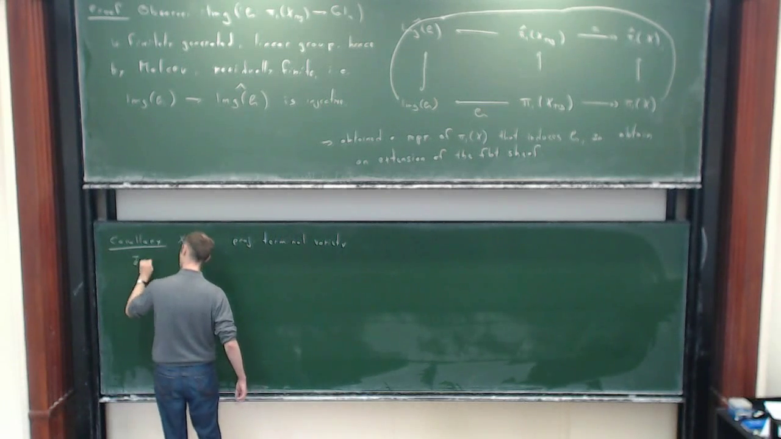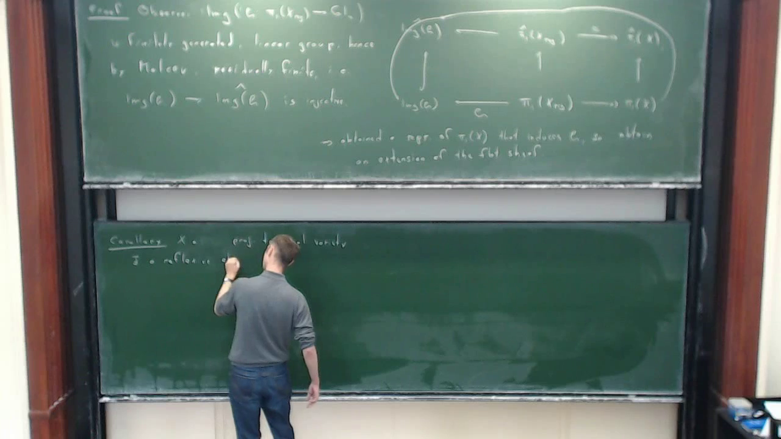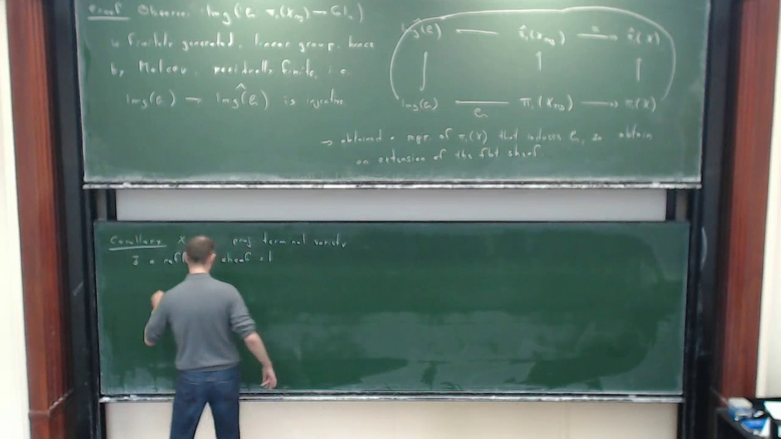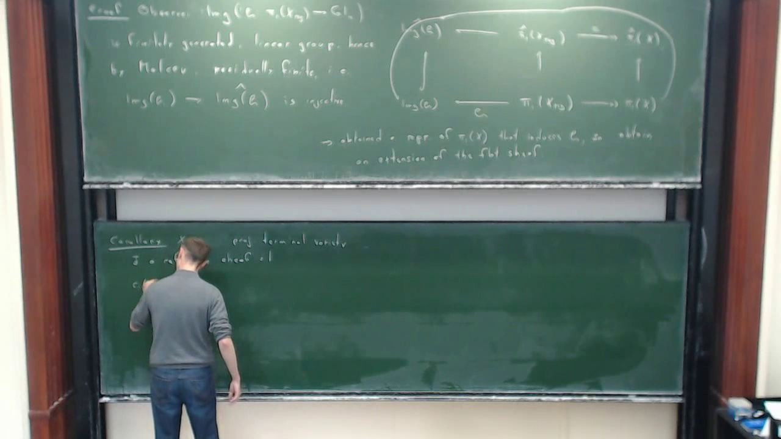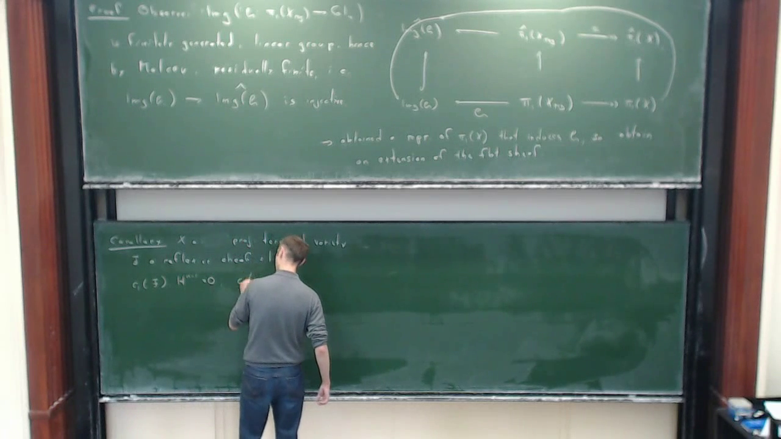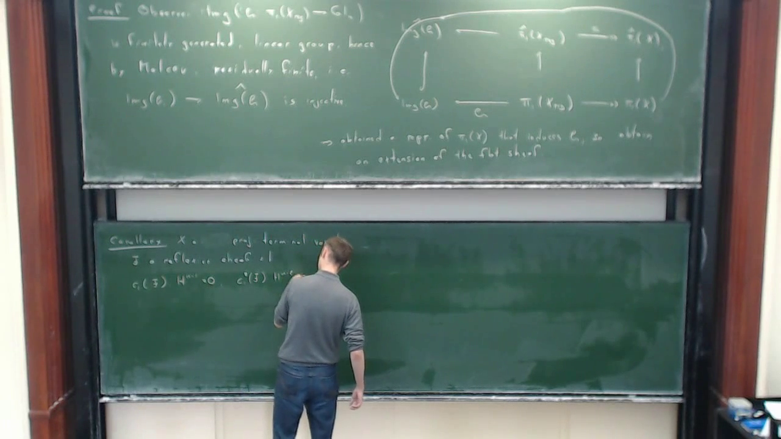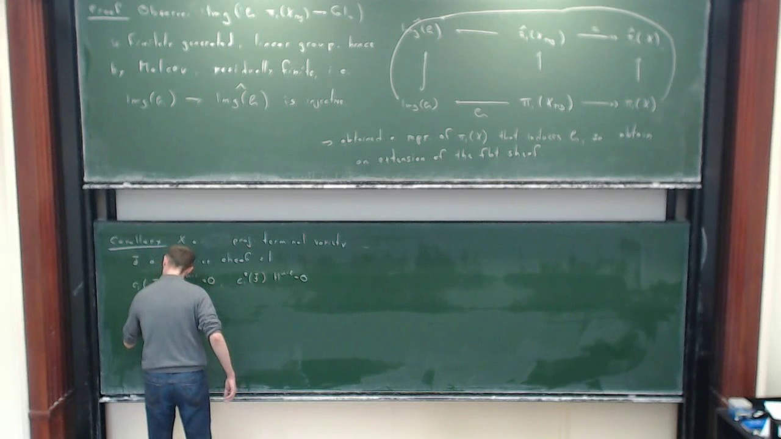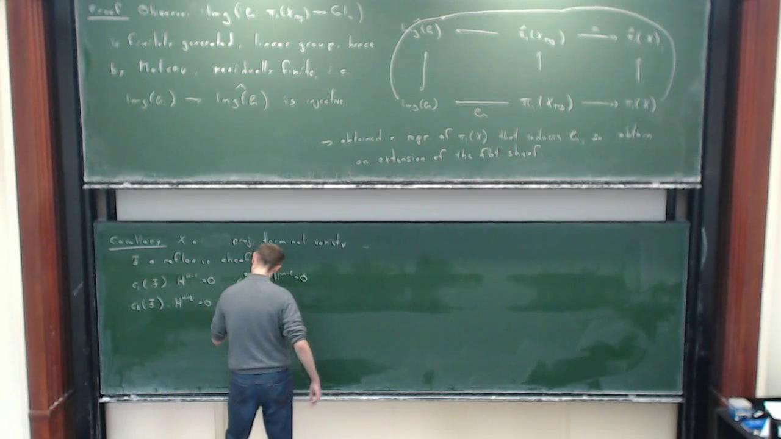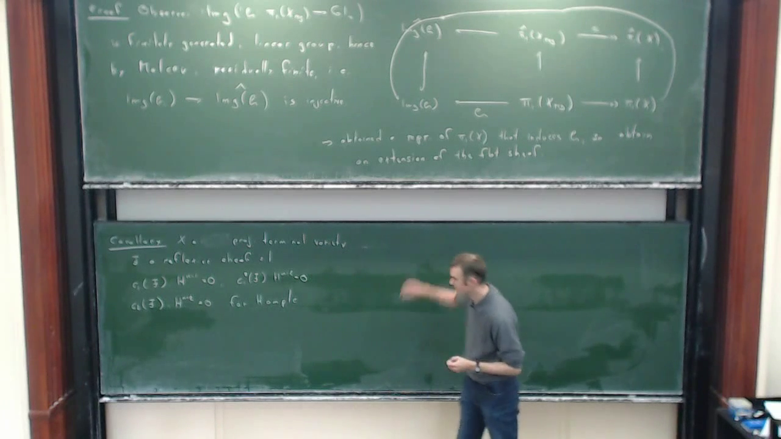F, a reflexive sheaf such that C1 of F times h to the n minus 1 equals 0, C1 square of F times h to the n minus 2 equals 0, and C2 of F times h to the n minus 2 equals 0 for h ample, for one ample h. Then